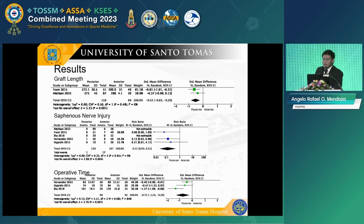The most important finding of this study was that the posterior approach had consistently shorter grafts compared to the anterior approach. Although only 2 studies reported graft length, they showed consistent results of graft size difference of about 16 to 18 millimeters between groups. In favor of the anterior group, the posterior approach averaged around 270 millimeters of semitendinosus graft size, consistent with one study with 175 patients. The average